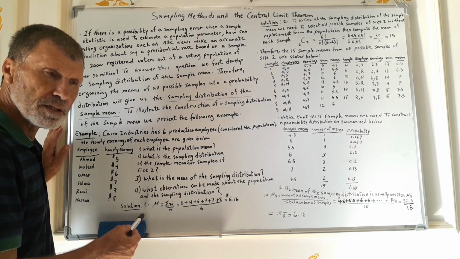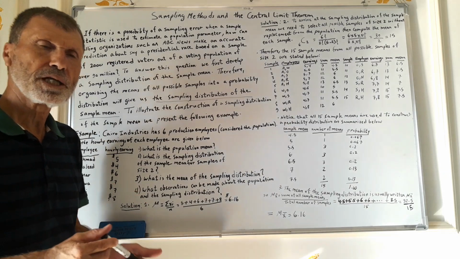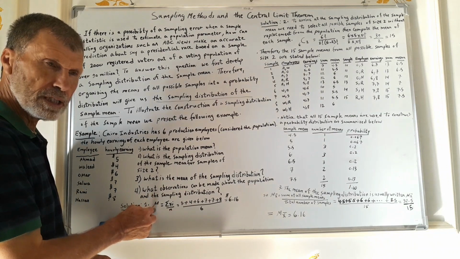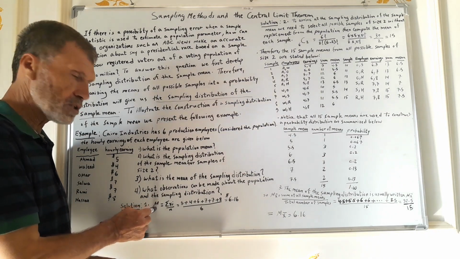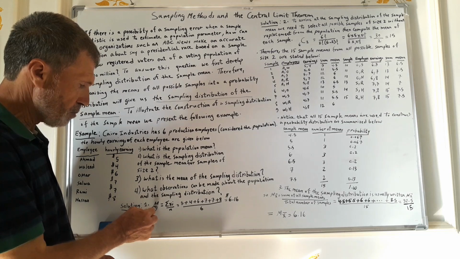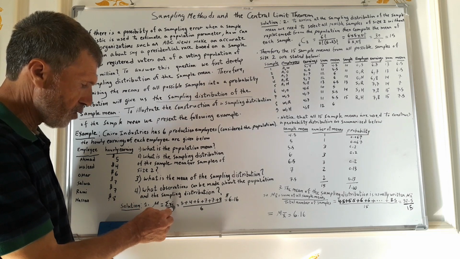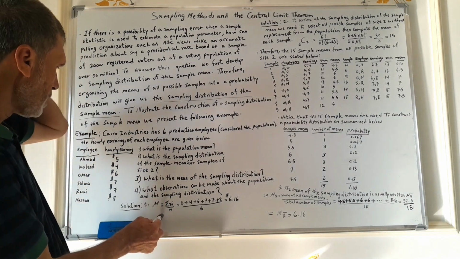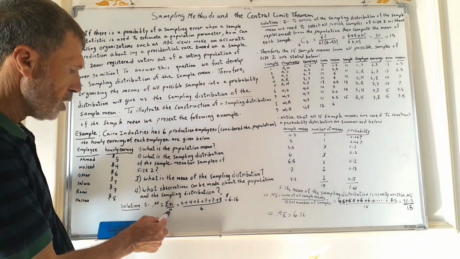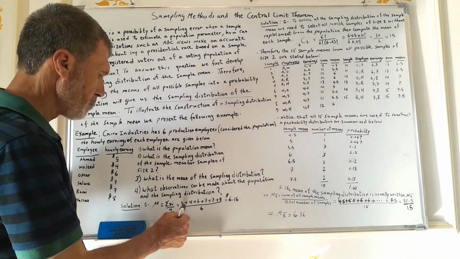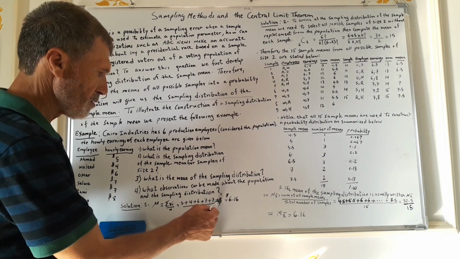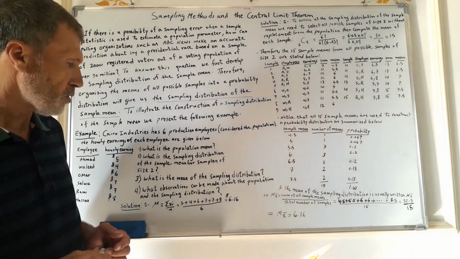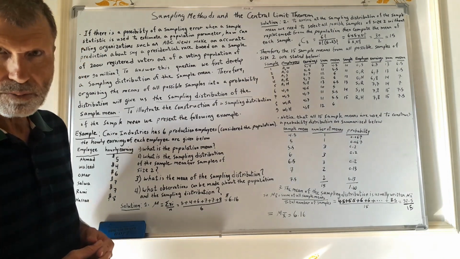So the population mean, we used to designate the population mean with the Greek letter mu. It is used to stand for the population mean. So it's written like this. The population mean, mu, is equal to the summation of all the earnings, and here we're talking about all the earnings of the employees, over the total number of employees. So we come up with 5 plus 4 plus 6 plus 7 plus 7 plus 8 over 6. We come up with $6.16. This is, of course, the mean of the population. Now,